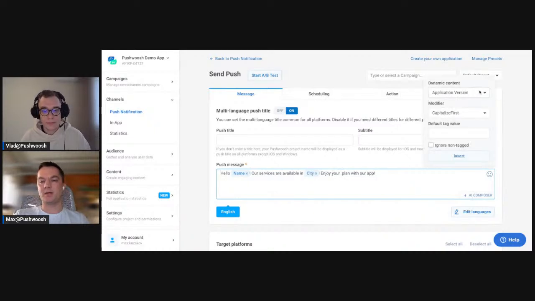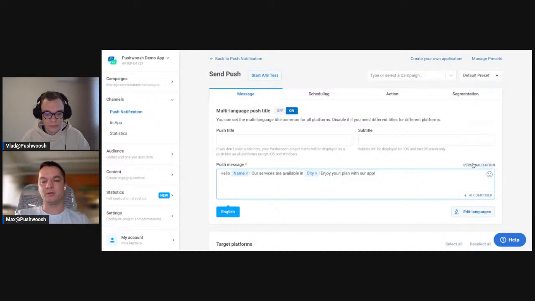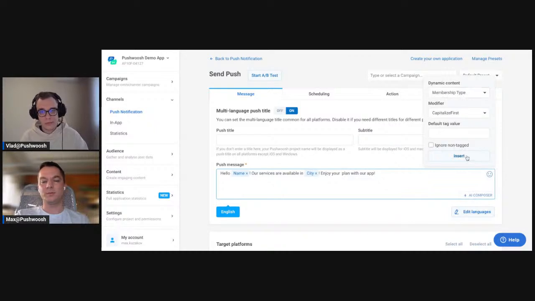This dynamic content thing works in the following manner. We can take any data point collected as, for example, a custom tag and add the corresponding placeholder right here in the body of the push message.